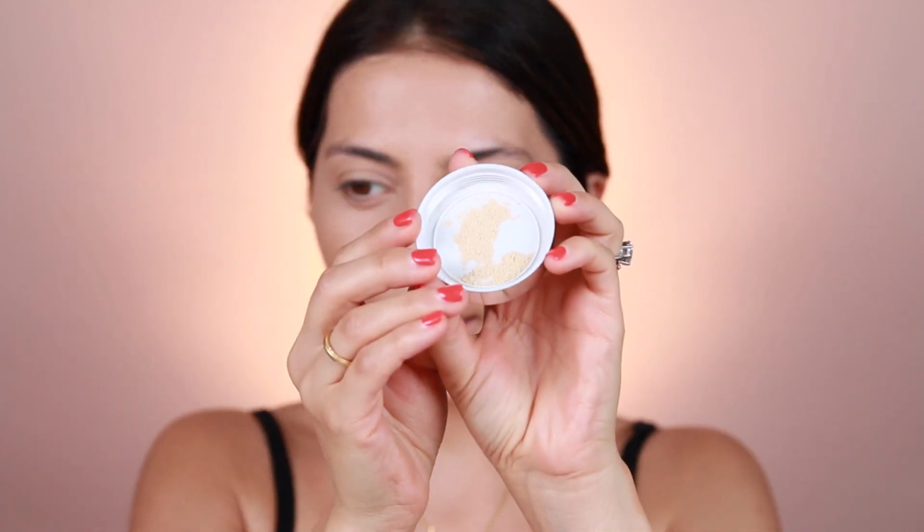So I'm going to try this Bye Bye Breakouts for Oily and Acne Prone Skin Translucent Powder by It Cosmetics. It comes with a little puff, and the translucent has like a yellow undertone to it. So I'm just going to use the puff. Again, I don't usually set my entire face. I usually just set like the